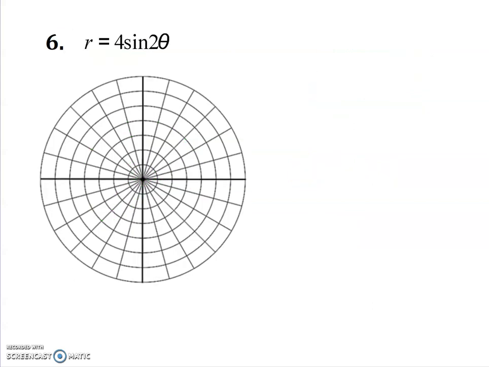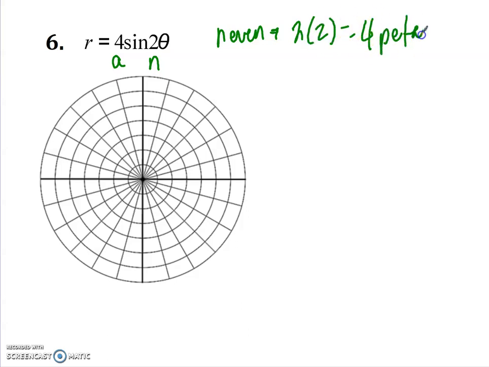Let's do a sine guy. It's sine, that's A, that's N. So N is even. So it's 2 times 2, so I have 4 petals. Let's see how we space them apart. 2 pi divided by the number of petals, so 4. They're going to be spaced pi over 2 apart,